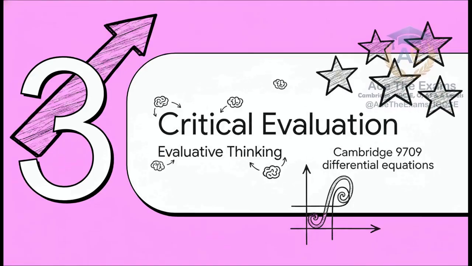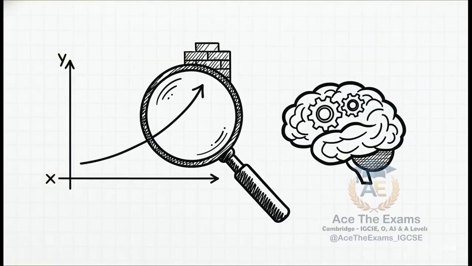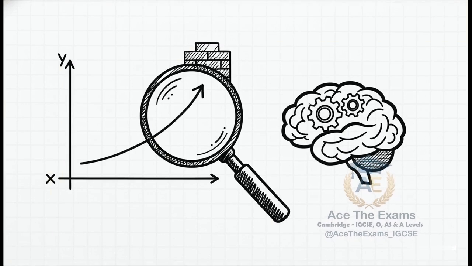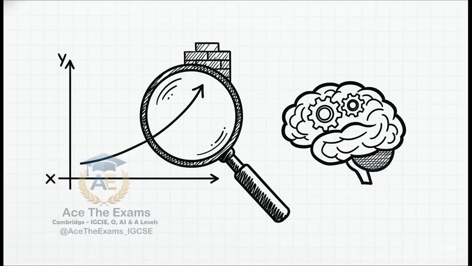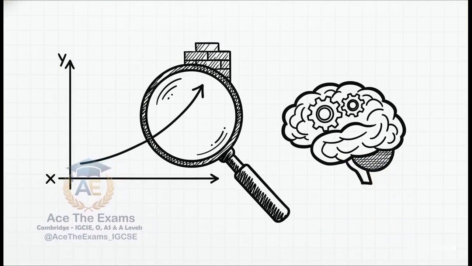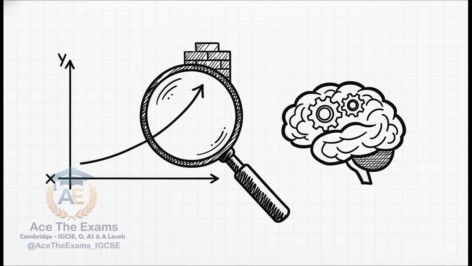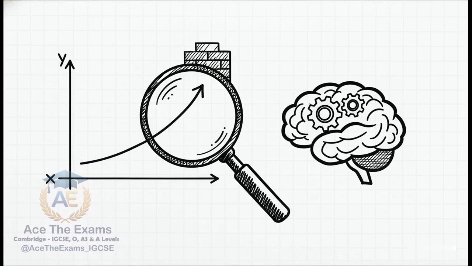Part 3. Critical evaluation skills. Let's talk about how to push a passing grade into the top-scoring bands. Because beyond just crunching the numbers, Cambridge requires you to evaluate the context. Top-scoring candidates question assumptions and justify their decisions with evidence. Think about it. If you're modeling population growth using a differential equation, what actually happens as time approaches infinity? Clearly acknowledging the limitations of your mathematical model on your final conclusion is exactly what transforms a good answer into